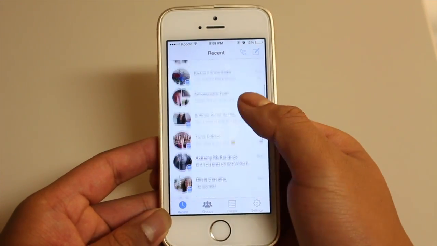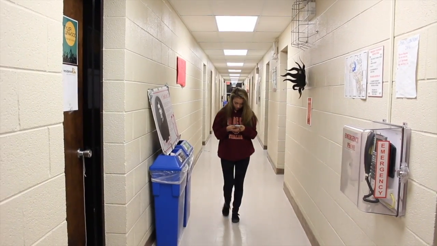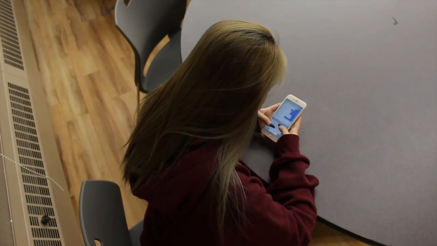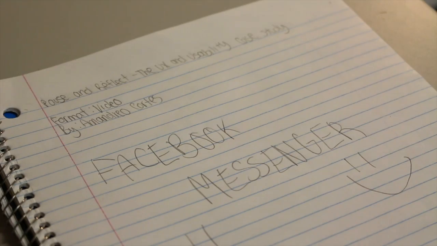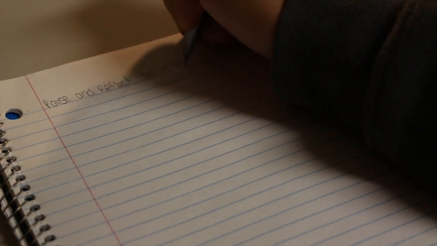Overall, Facebook Messenger is a work in progress. It is not a perfect app, but my user experience in this app is better than the other ones. Facebook updates the app every week to make it better for users and are very open to suggestions. As a user, I appreciate that Facebook values my opinions.